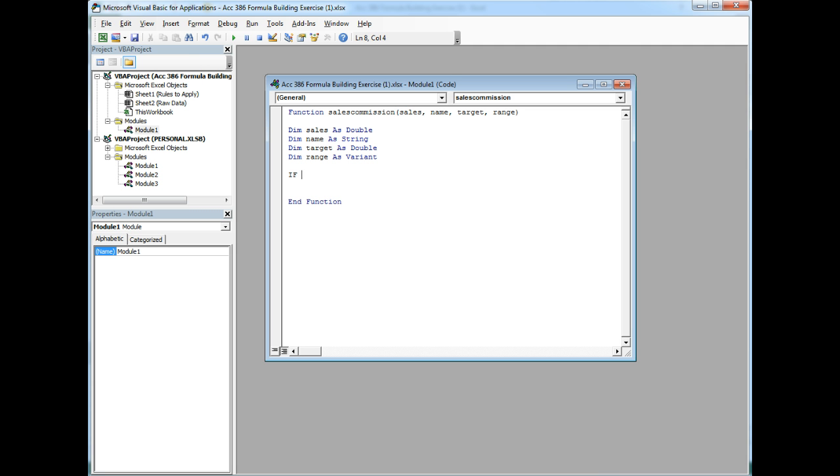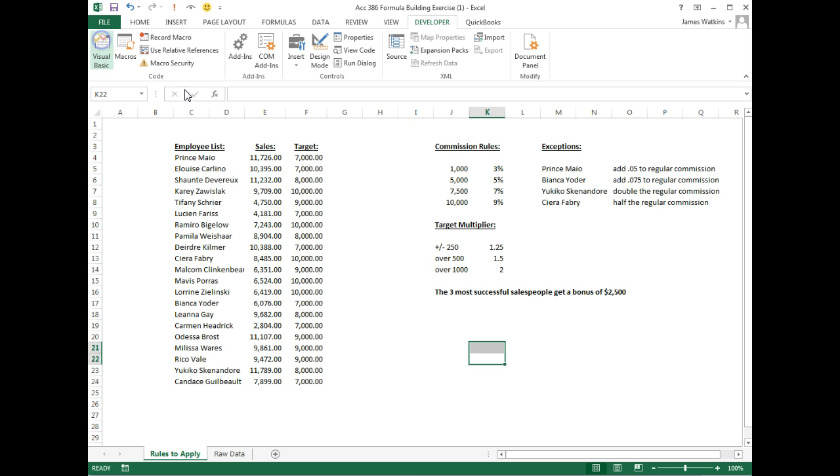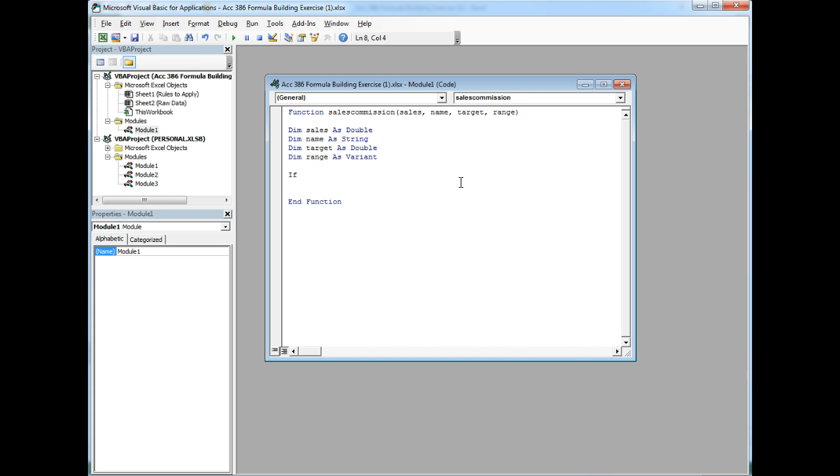So the first thing we're going to do is ask ourselves if the sales are worthy of commission. Okay, now let's look at our rule. If we're 10,000 or over, we get 9%. If we're 7,500 and over, we get 7%, and so on. So I want to start my if statement by looking at whether it's large enough to get the highest amount. So I'm going to start with the highest. If sales are greater than or equal to 10,000,